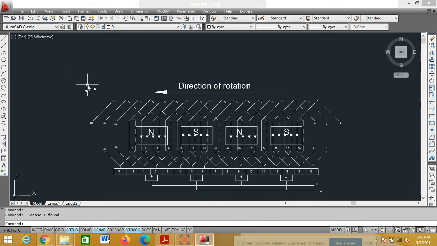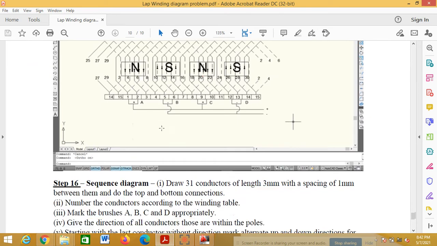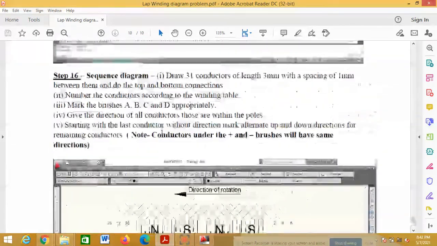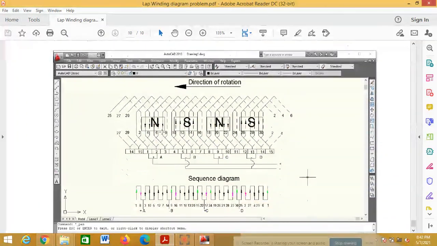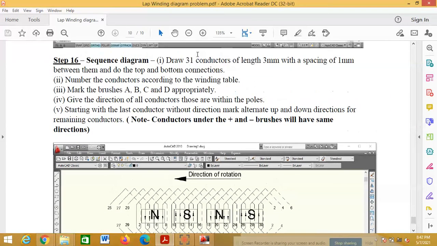Now, what is the next step? This completes the winding diagram. Now we have to draw the sequence diagram. So for that, you have to draw 31 conductors of 3 mm length with a spacing of 1 mm between them.